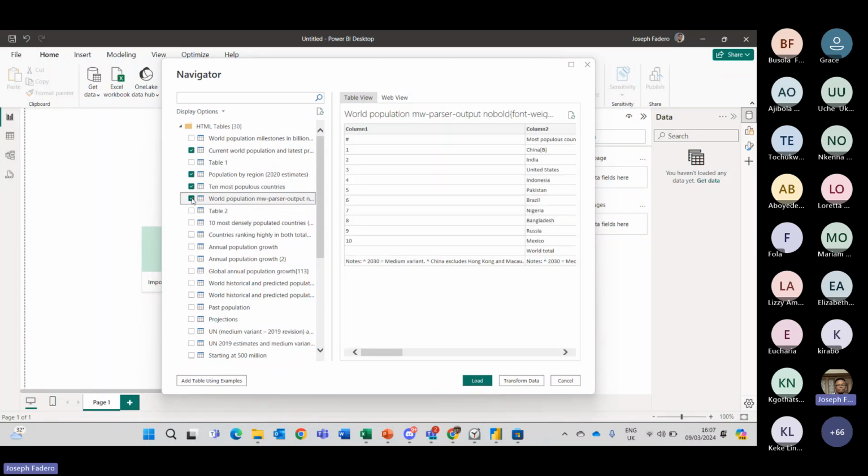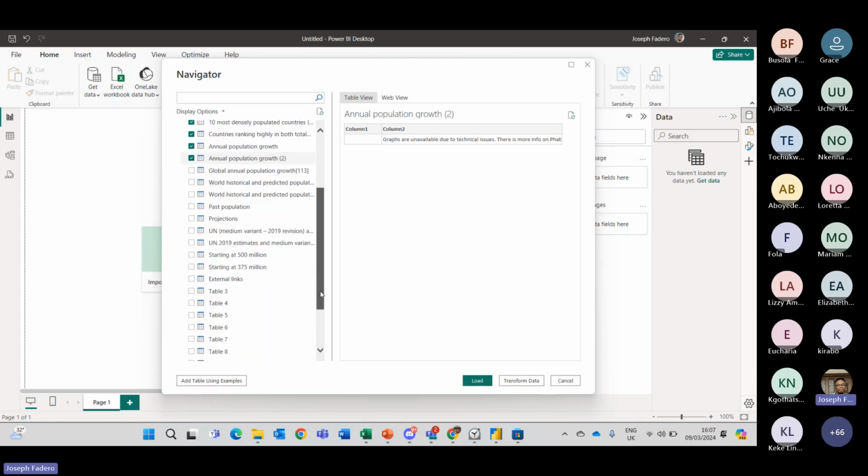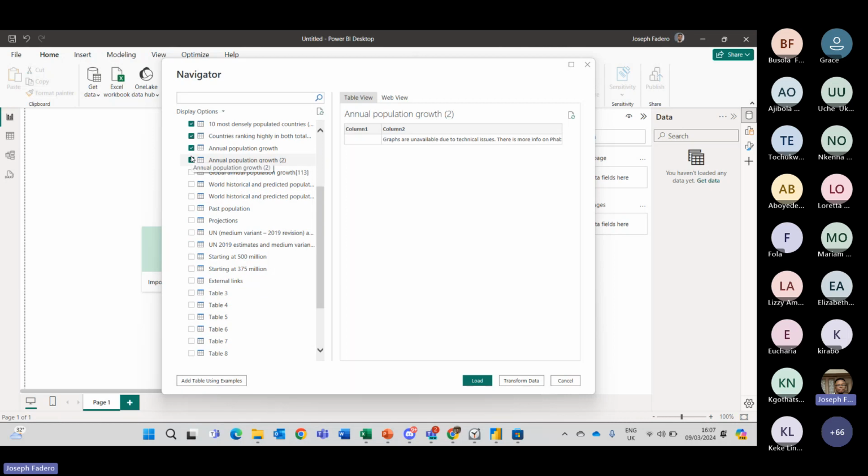Okay, would I need this? No, I don't need this. So I can bring in this as well. I'm just selecting the data I want to bring in. And okay, I can just select these ones. I don't need this data as well.